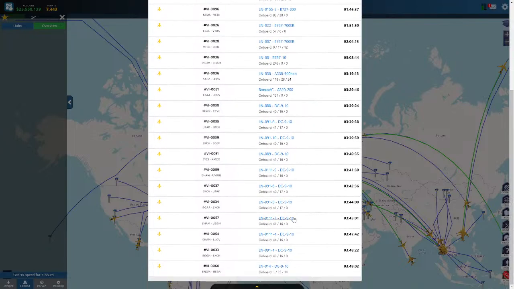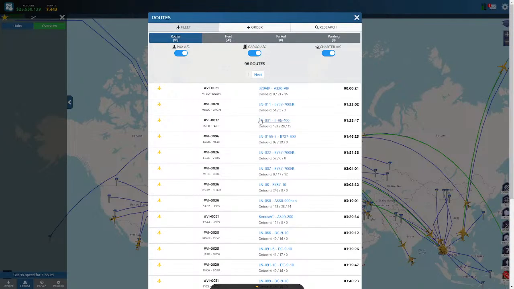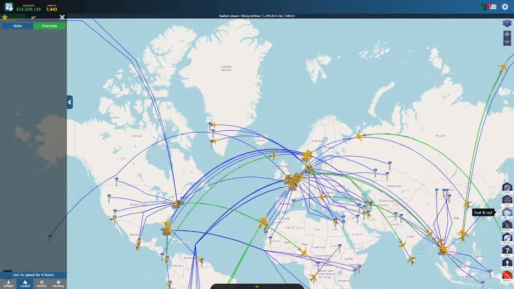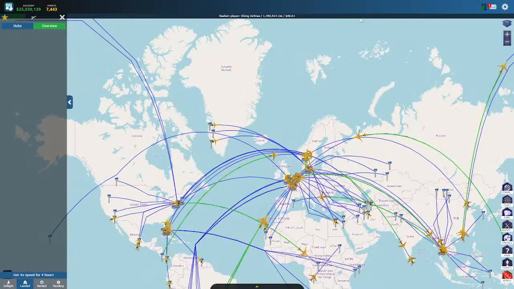And these are a bunch of small planes that I just sent out. But there's also a few long-range planes here. These. So there will be a little more money coming in. But I have to pay for fuel. You see, I'm waiting for this to come down. So in about 5 minutes it will go down. And then I'll pay it. So this is how I do it.